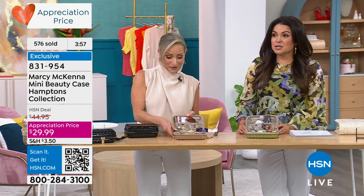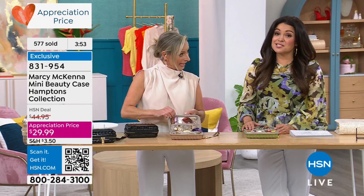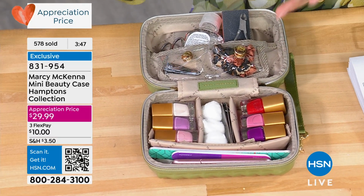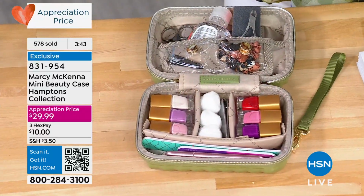Everything starts to spill and leak, and I should get one for my mother-in-law. Bless her heart, she still has all of her makeup in a clear zip-top baggie. It gets jumbled, and all you hear is rattling,